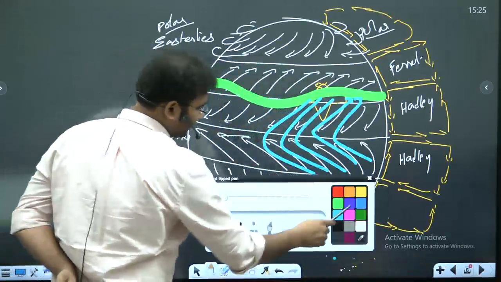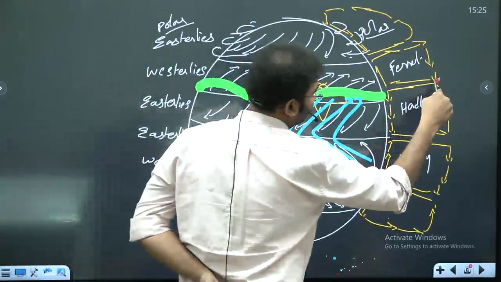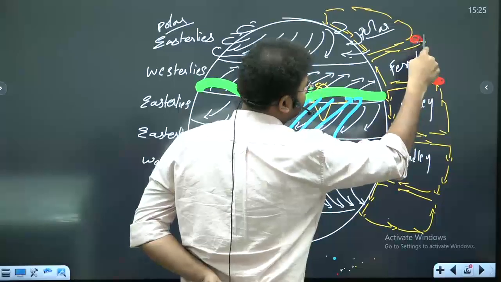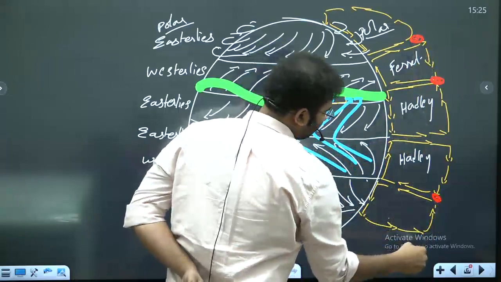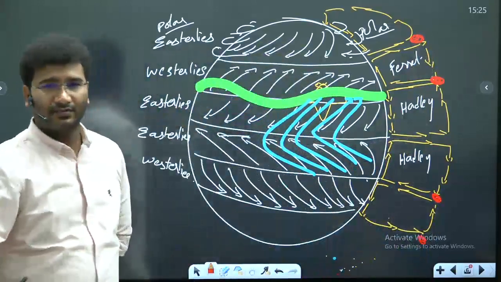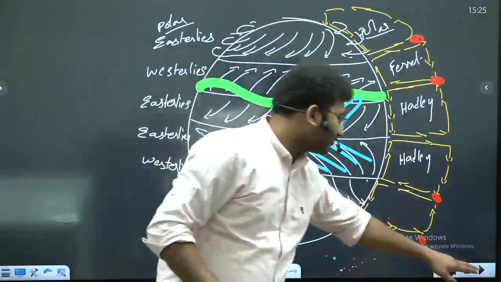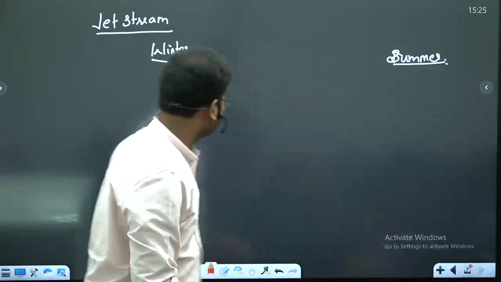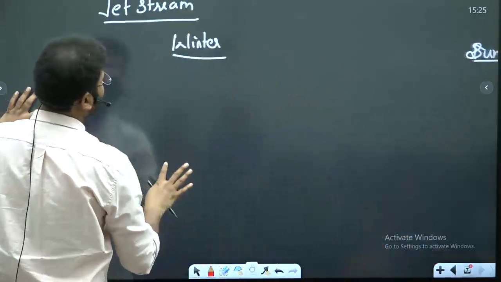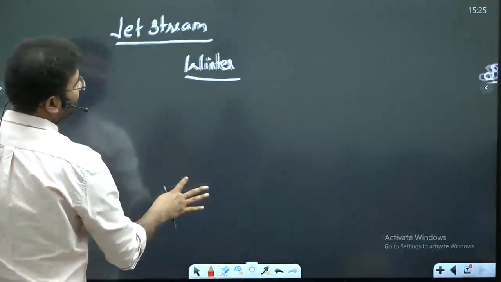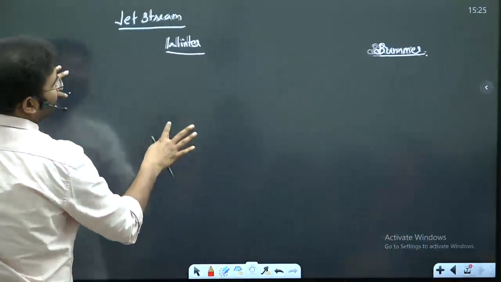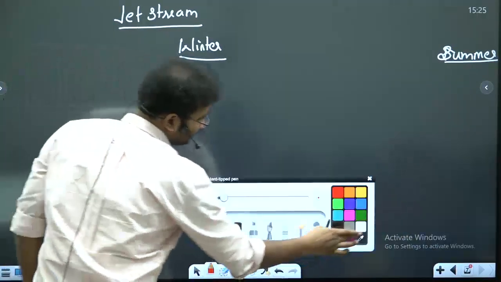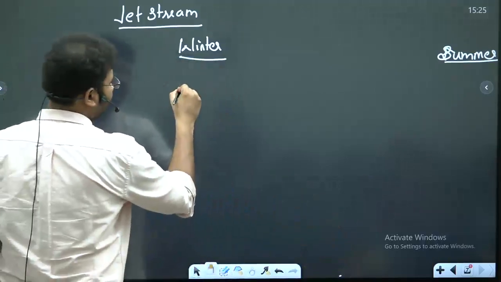Here the jet streams are present, right? This is one jet stream. This is another jet stream. Okay? So let's try to understand this. During the times of winter, the jet stream plays a vital role here. See, if this is your India,